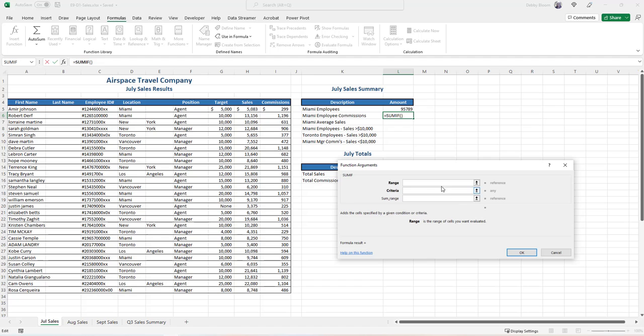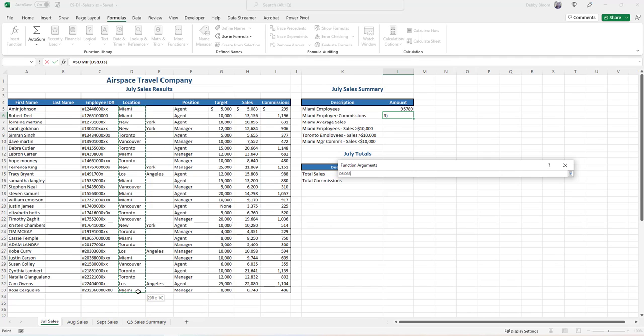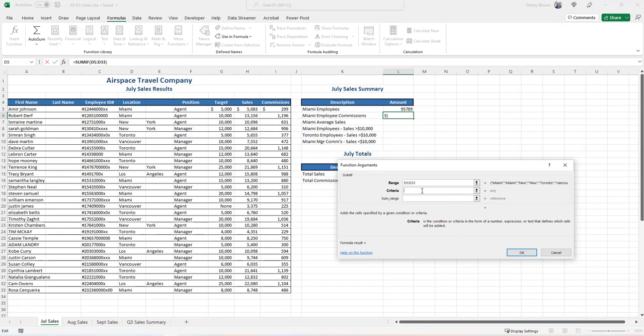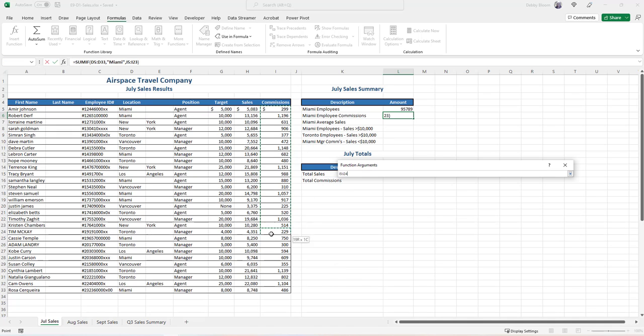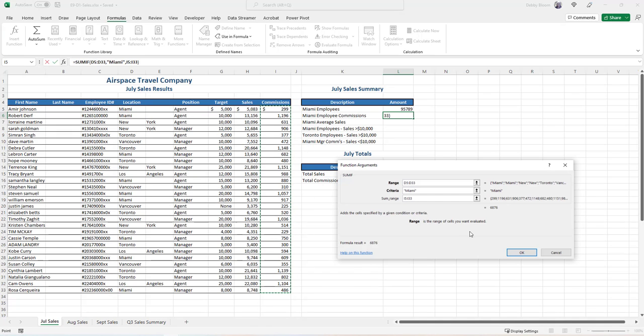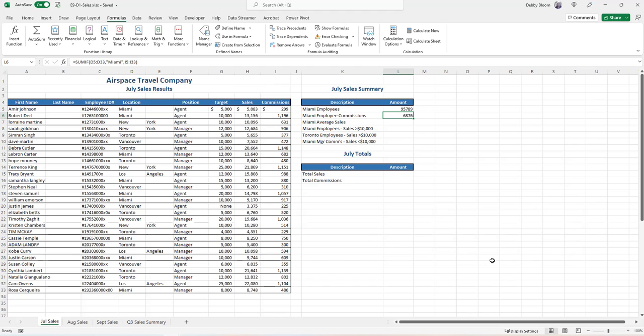The range is attached to the criteria, so I'm going to select D5 down to D33, criteria, double quote, Miami, close the double quote, but this time the sum range is the commission, so I5 all the way down to I33. Now the range for the criteria and the range for the sum has to be identical because it's going to match up position 3 with position 3, position 4 with position 4,